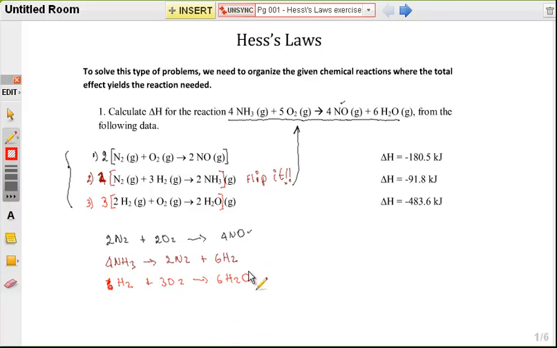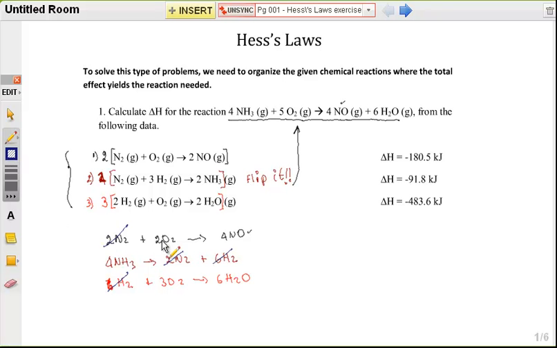So then we are going to cancel out whatever is equal on both sides. So we have 2 and 2, and 2 and 2. We got 6 hydrogens, and then we're going to,